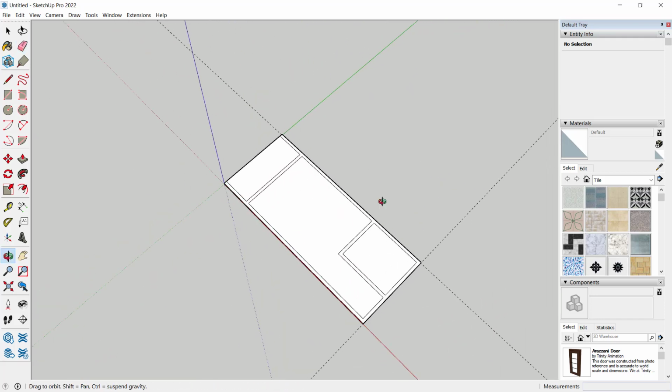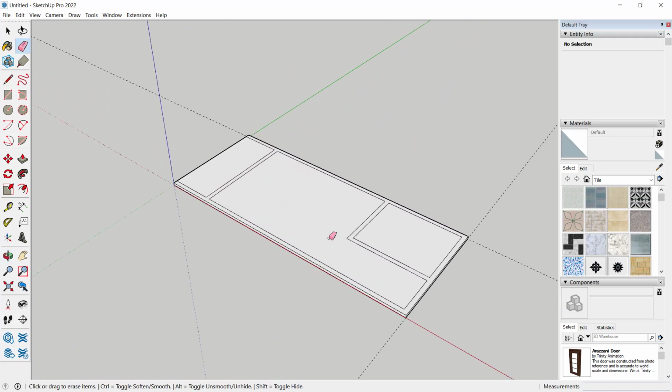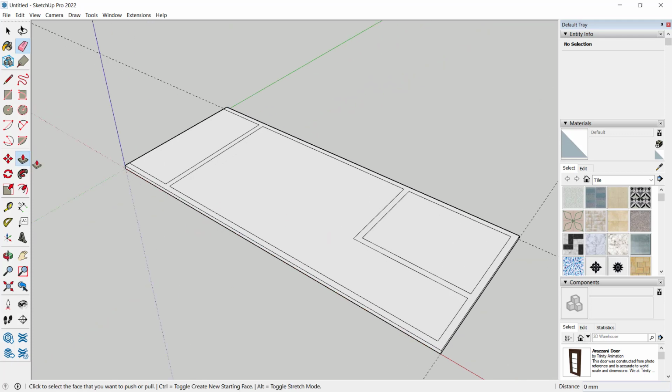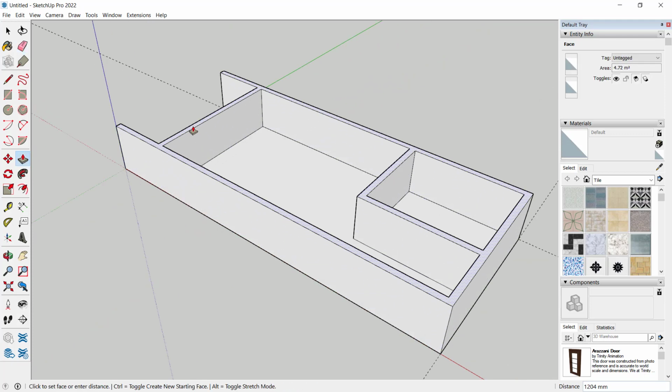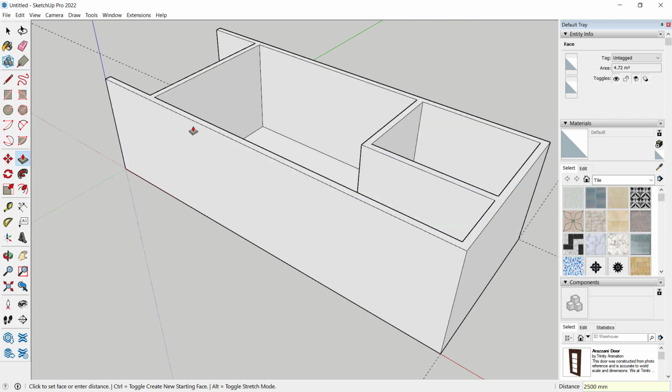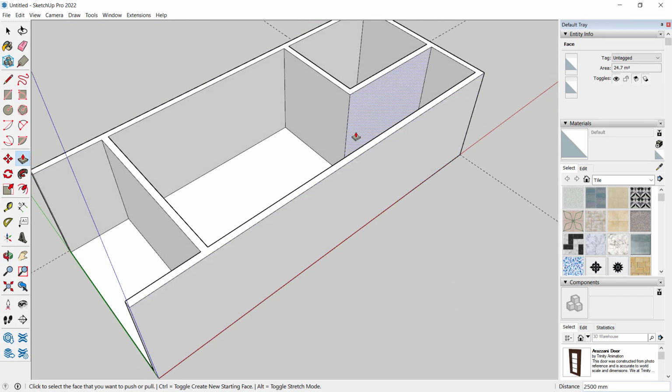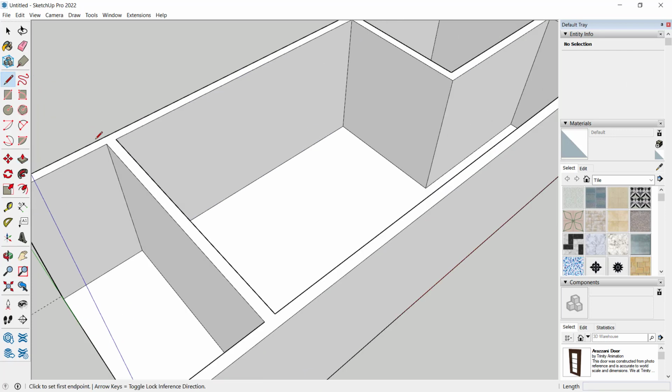Now use the pull tool to create walls. Click these icons and select this face, move to the top. I will set 2500. Okay, we create walls and I will draw lines, start from this point,